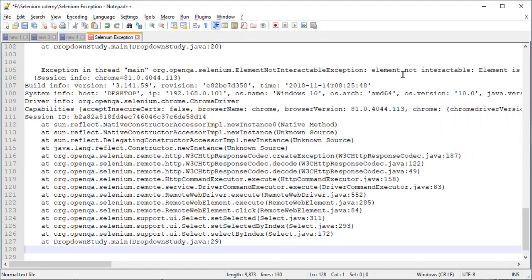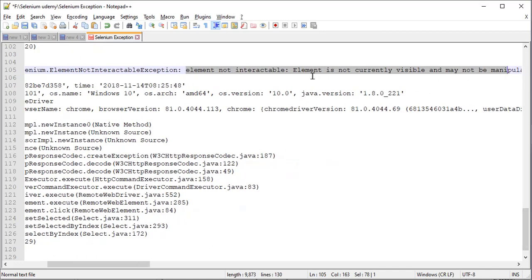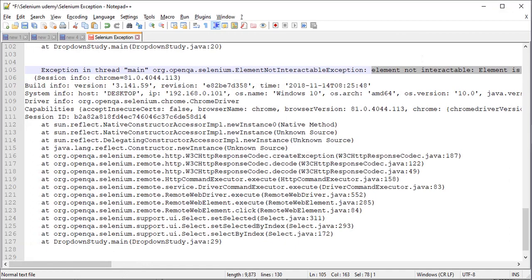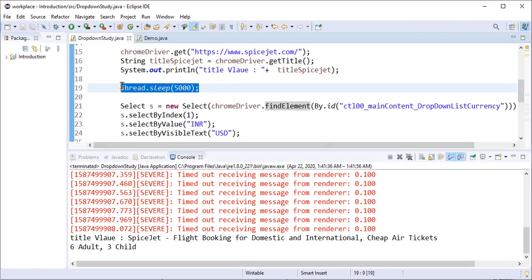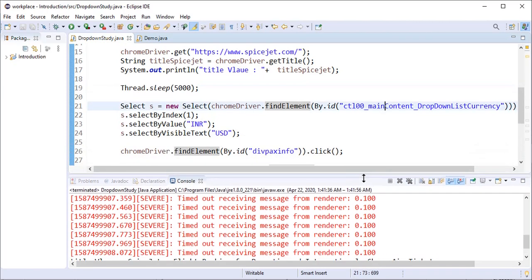This exception we got, element not interactable, element is not currently visible. What happened is that sometimes synchronization fails, and at that time you have to use sleep methods or wait methods.